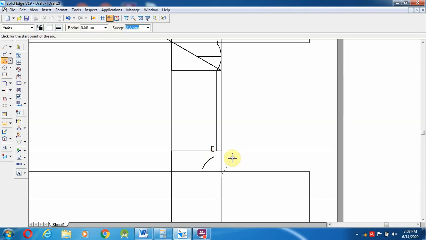So from somewhere here, then select from here to, say okay, 7.04. 7.04, enter. Delete. 7.04, enter.